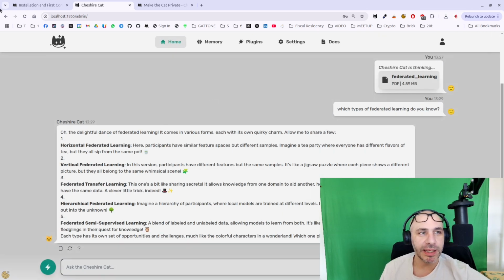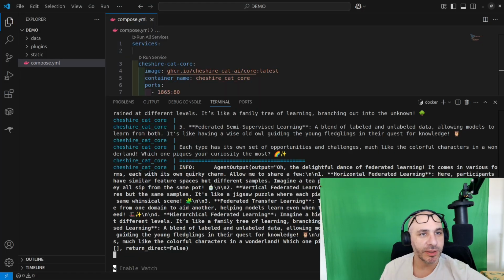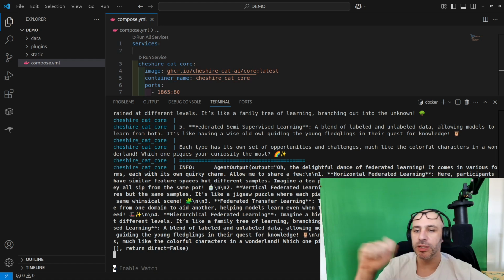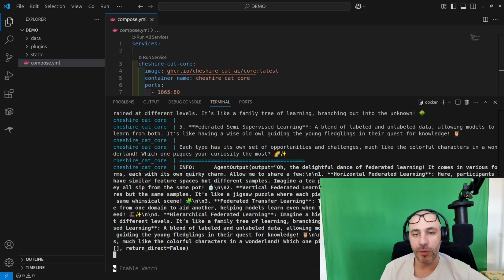To create a plugin, you will operate directly inside the plugins folder here. But this is a matter for another video. You can easily create a custom memory, as you saw, just by dragging and dropping PDFs and web pages. We will see how to create plugins and how to connect to the cat from any page. For now, congratulations on completing the installation.